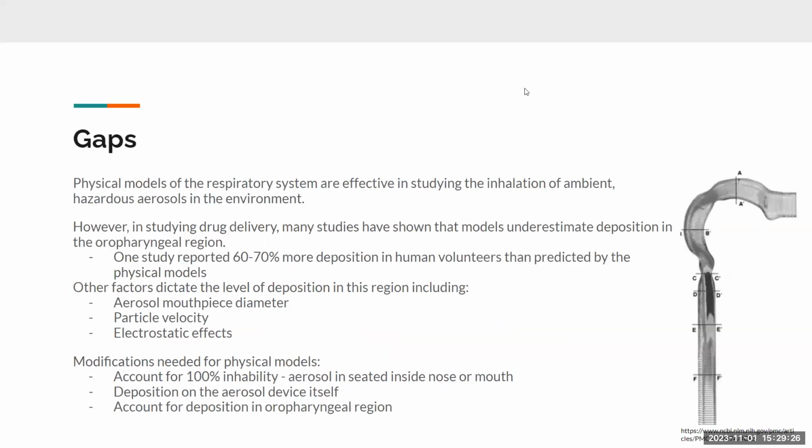So the gaps we're going to highlight here are mainly gaps in the use of physical models in studying therapeutic applications of aerosols. Physical models have been effective in studying the inhalation of ambient or hazardous aerosols in the environment, but in studies that focus on therapeutic aerosol application, there are a couple of downfalls. Primarily, they underestimate the deposition in the oropharyngeal region. One study even reported as much as 60 to 70% more deposition in human volunteers in this region